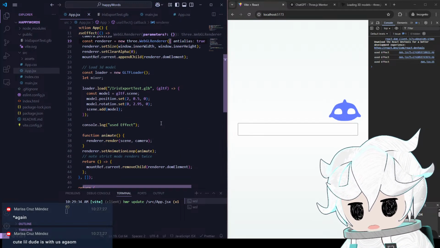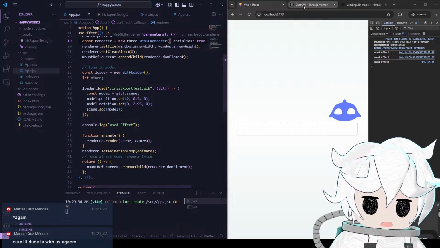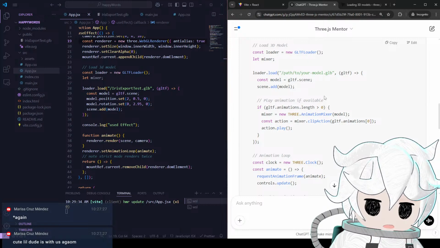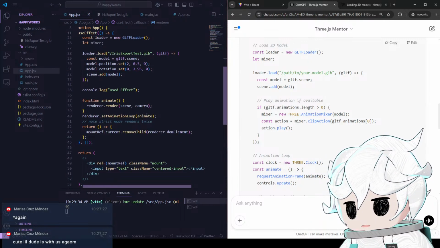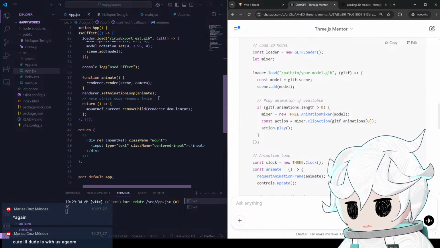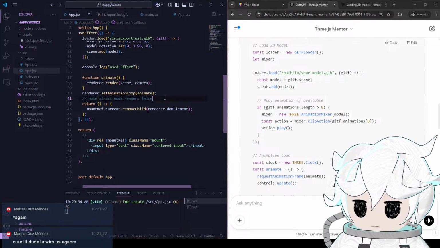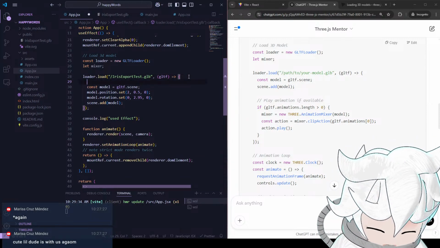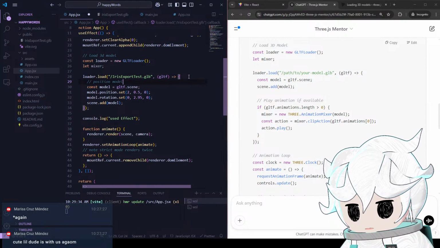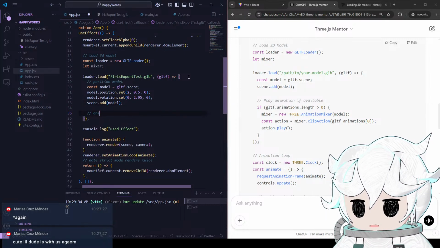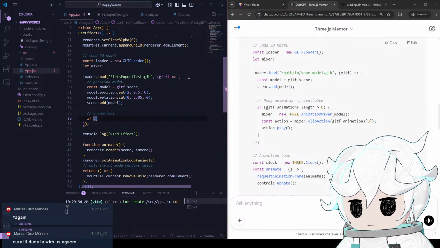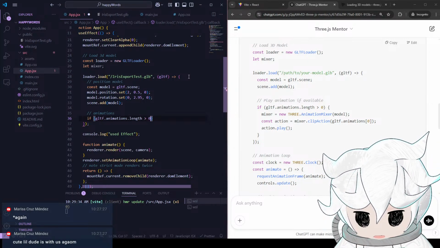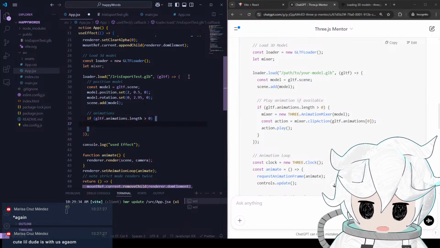Cool. That's pretty cool. I need him to do his idle animation. How do you do animations? Let's see. Oh, here. Where do I put this? Okay, that's loading the model, right? So this is position the model. Now we want to play some animations. So if gltf.animations.length is greater than 0, i.e. if we have some animations,